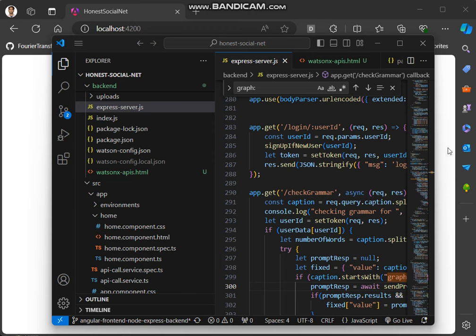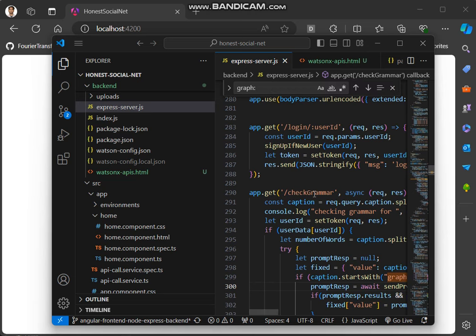In this video, I will be showing one latest change that I added to the social media app, where I'm using AI to plot a graph. So basically, I'm sending a request to AI to generate a graph using JavaScript. It is sending me the JavaScript, and then I'm injecting the JavaScript in the HTML so that it displays the